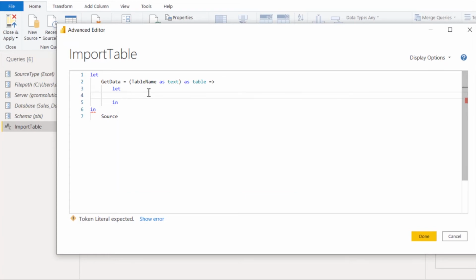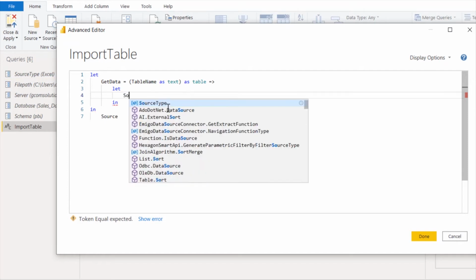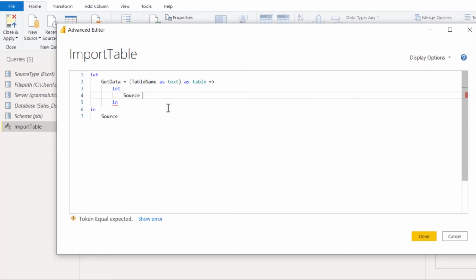And the first thing we need to define is the source. But of course, the source will be conditional. It's going to depend on the current contents of the source type parameter. So we need to use a simple if statement. So we say source equals,